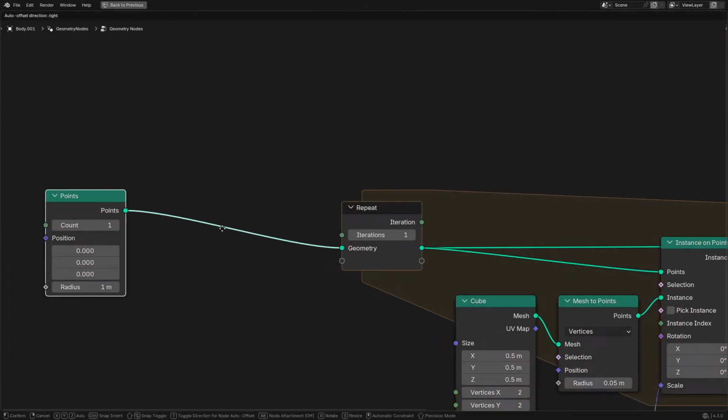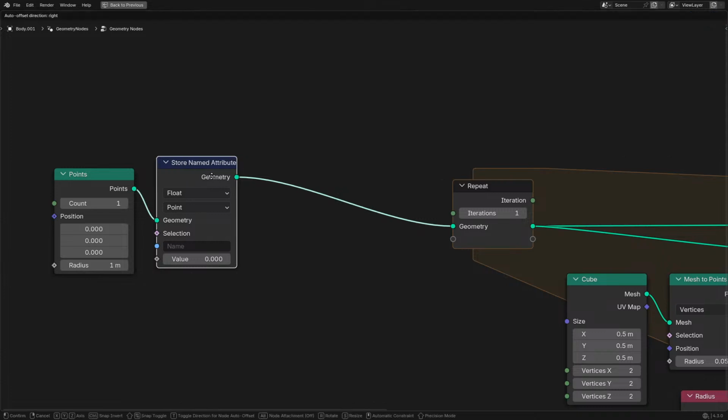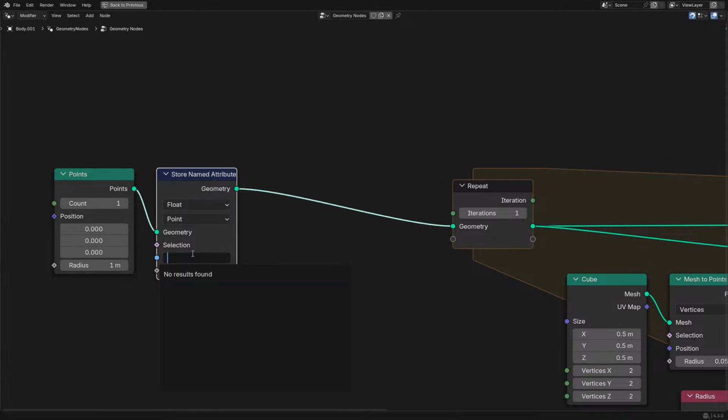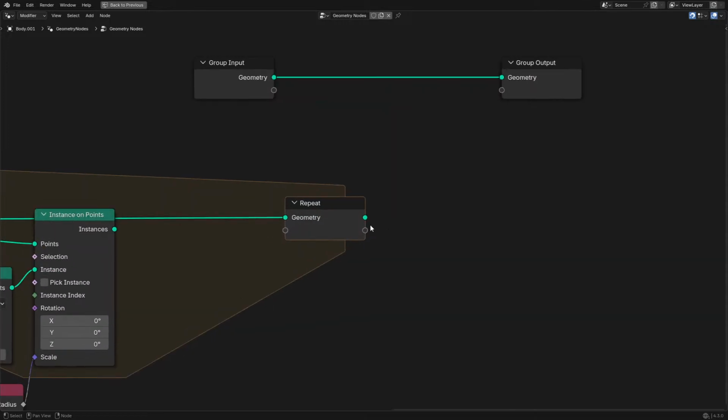Let's make it actually unique. Yeah, okay. Let's just store named attributes so that we don't have to worry about anything else. Maybe I should have done this in 4.5 to get the inline sockets, but anyway. I'll label this size just so that we don't have to worry about it, and I'll just set the point radius after, just so that we're not,